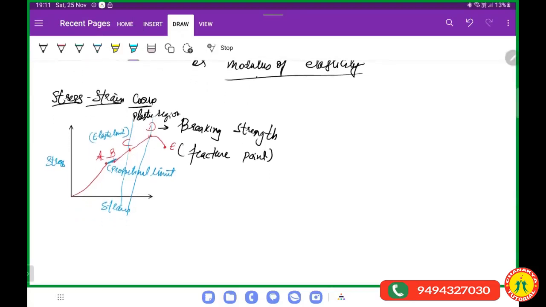See, this region is actually, I've drawn this so long, so big, but it's not so big. It's a very, very narrow region. I've drawn this long to understand. Actually, it is a very, very narrow region. Now, if we apply even a little force, it will break. So this means what? This is about to break. If you apply a little more force, it is going to break. It is going under the fracture point. That is a point, a position. So up to this, it is the breaking strength. It means it has the strength not to break.